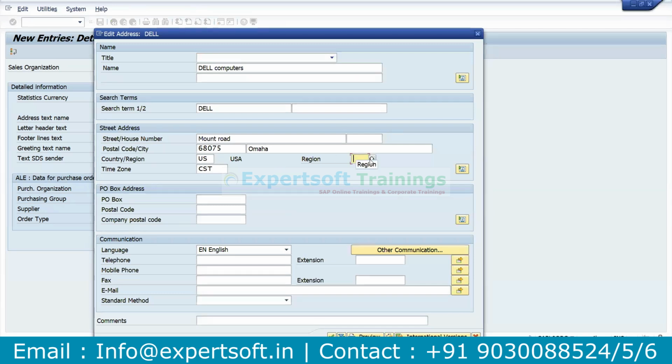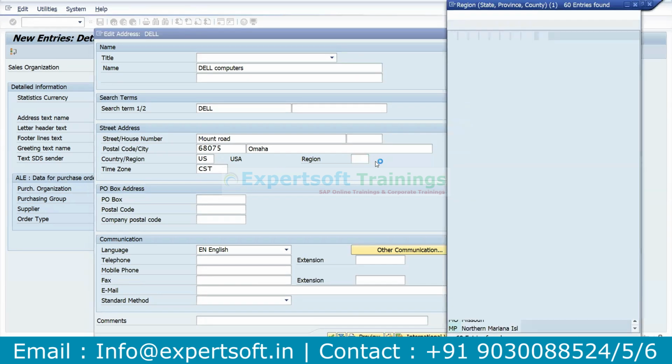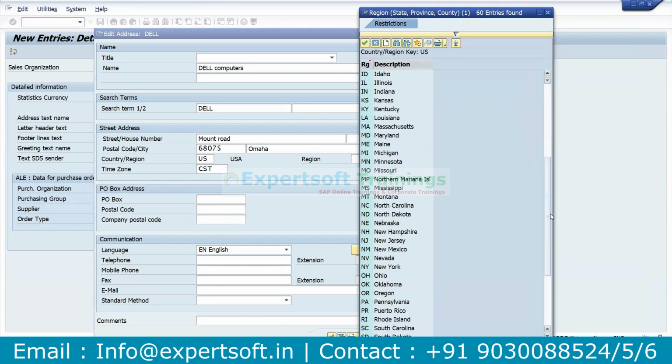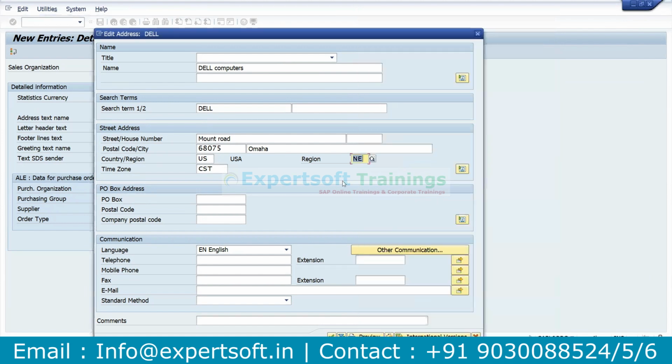Let us go and give the region. Whatever regions are related to the country US will be visible here. All these regions, etc., are already predefined in the system in SAP. They themselves incorporated all the countries that exist in the universe under the different regions that are there in the country. In case of India, for example, India is divided into regions or states. Basically states. Okay. In the region field, you will be finding the state. For example, if I remove